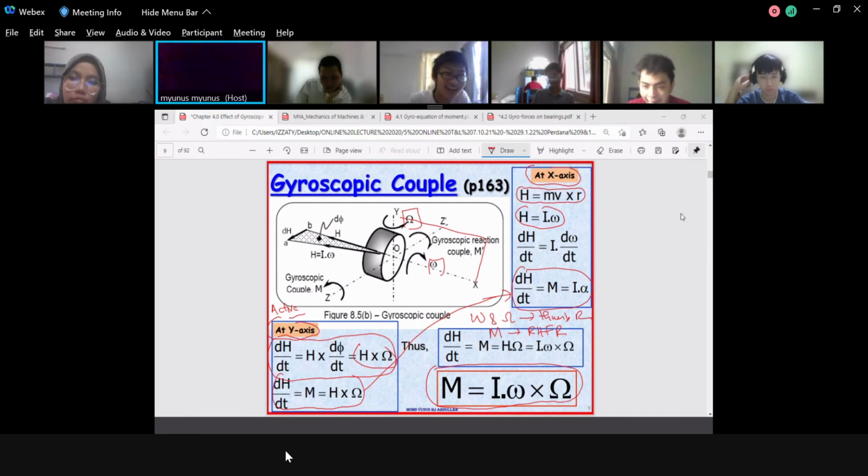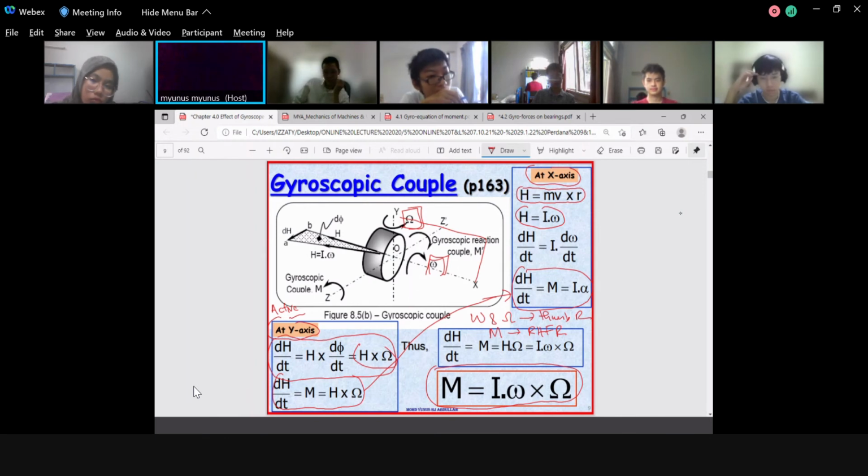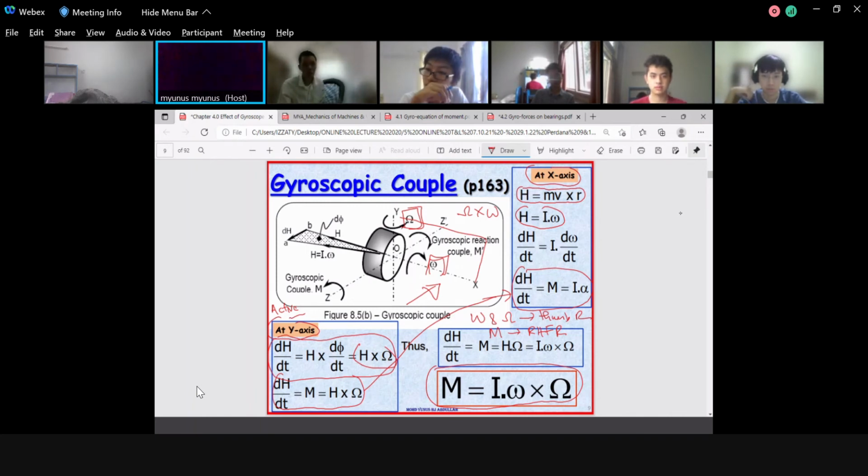This plane, isn't it? So it means that this one will be what? This one will be this one cross with this one, correct? And it is pointing to you. Am I correct or not? It will be pointing in the other direction. Because here cross omega. Am I correct or not? It will be pointing inward to the screen. Am I correct or not? If you have the omega cross the, it's not, astaghfirullahaladzim, because both are omega.